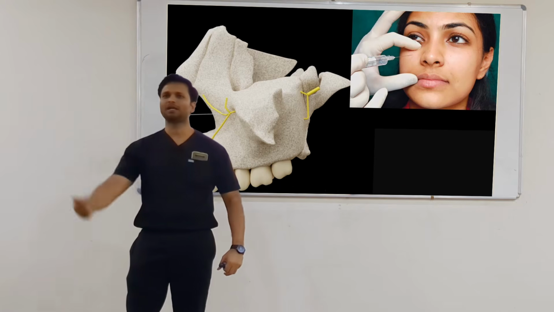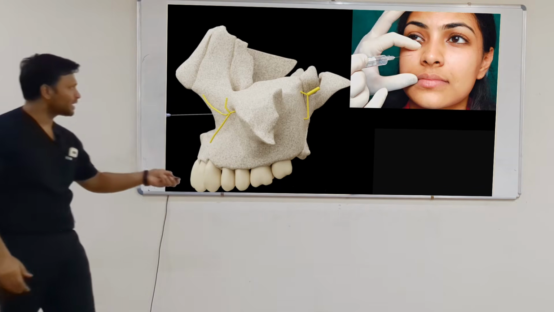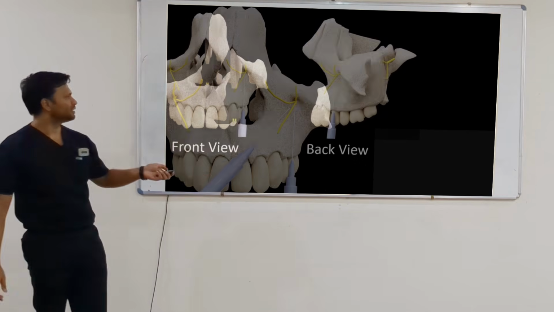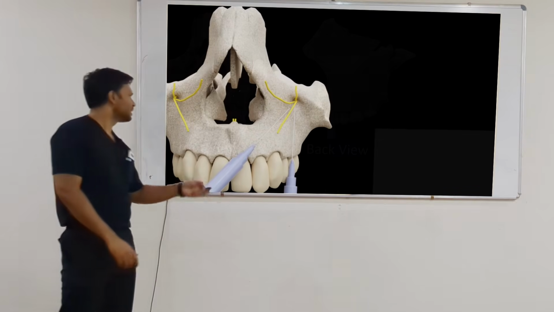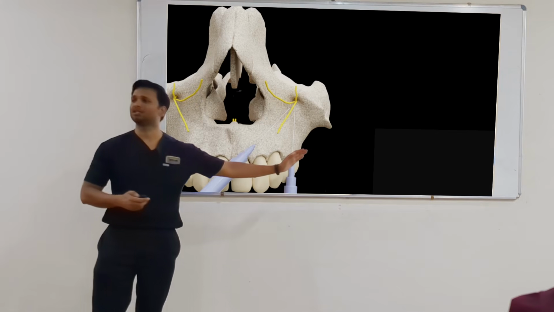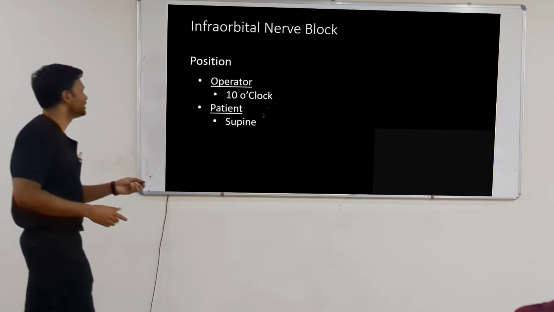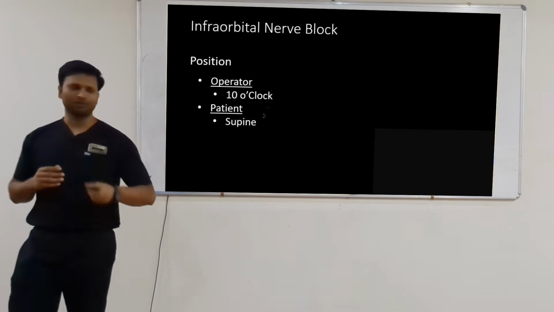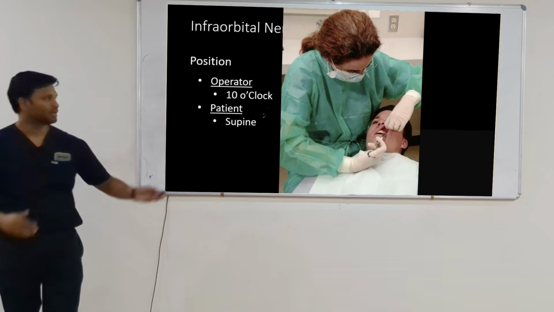Now imagine the patient is sitting and you take the needle like this. The patient will feel the needle is coming into the eye. Okay? So it is psychologically traumatic to the patient. So it is preferred that we use the intraoral technique, that is the premolar approach. Of course, again, we can take any approach from the central incisor to the first premolar. Okay? So these are the needle insertion sites. What will be the position of the operator? For both sides, the operator is going to be at 10 o'clock and the patient is going to be supine. Okay? 10 o'clock.